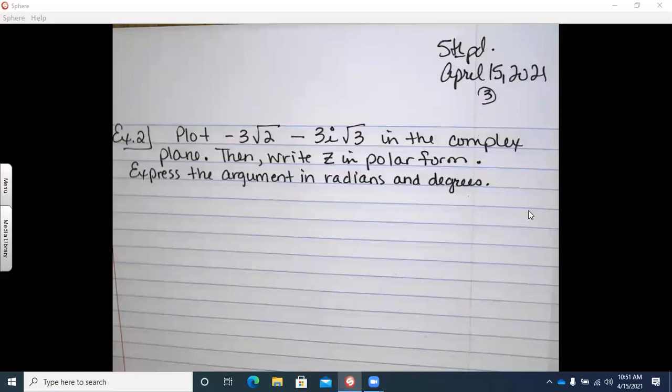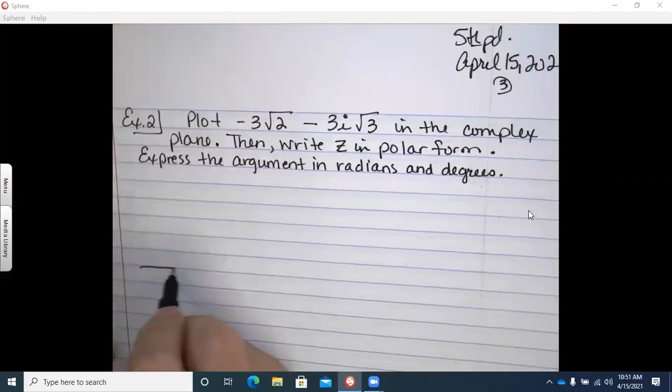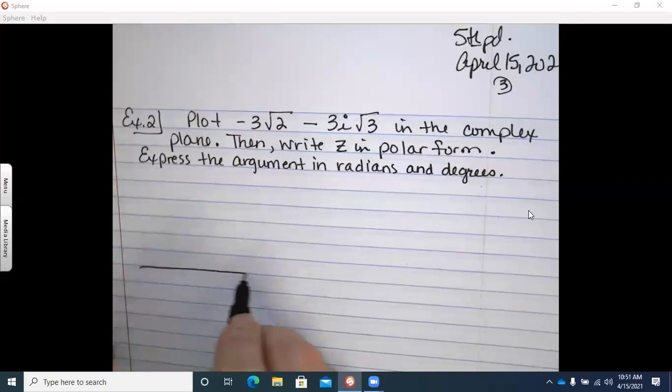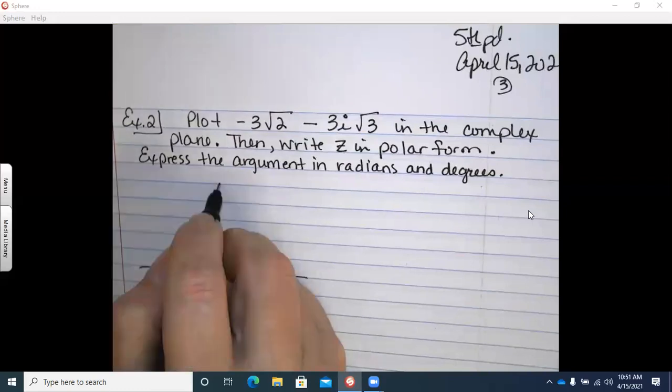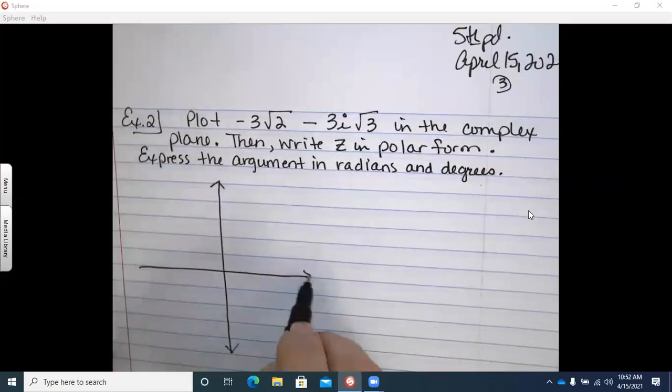All right, so let's see. What quadrant is this going to be in? Quadrant 3 again, because a is negative, your real part's negative, and your imaginary part's negative, correct? Okay, so